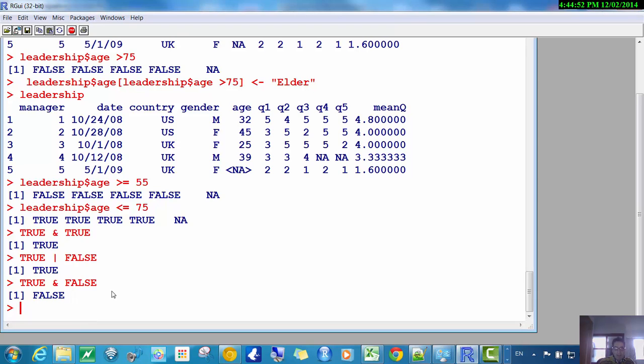Okay, but suppose today is Monday, and I say today is Monday or today is Tuesday, that's going to be true, right? If it happens to be true that today is Monday, and I say today is Monday or today is Tuesday, that statement is true. That's why true or false gives me true, but true and false gives me false. Okay,